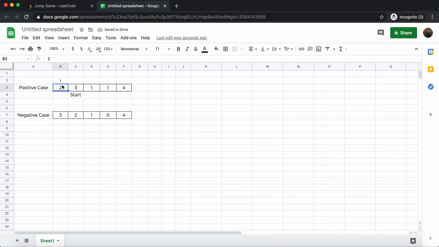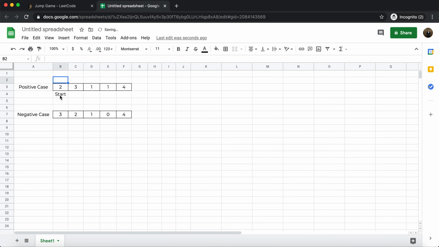Now this location is the first location. From here also I can move to start because it's just a jump away, and I can take 2 jumps. So I'll finally move my start here. Now at the end of this iteration, if my start reaches the first element, meaning my start was initially at the end and now it is at the start, which means I can reach the end by jumping from the start. So that's the logic.